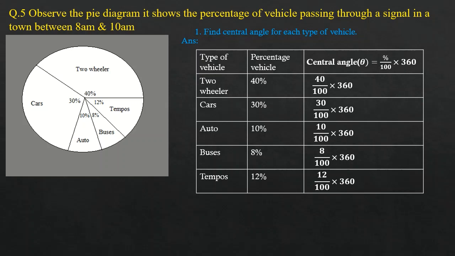Gives you 3.6 multiplied by 40, gives you the first answer as 144. Next is 30 multiplied by 3.6 gives you 108. 3.6 multiplied by 10 gives you 36. 8 multiplied by 3.6 gives you 28.8 and 12 multiplied by 3.6 gives you